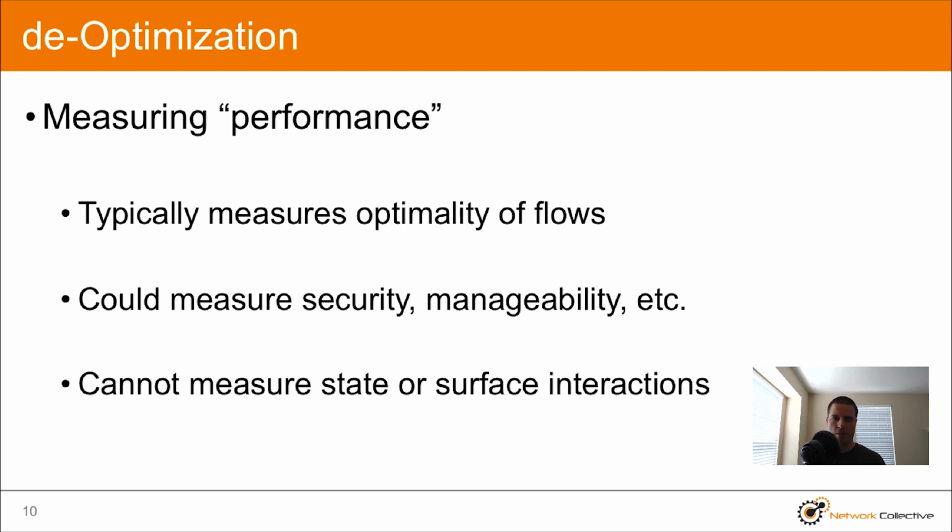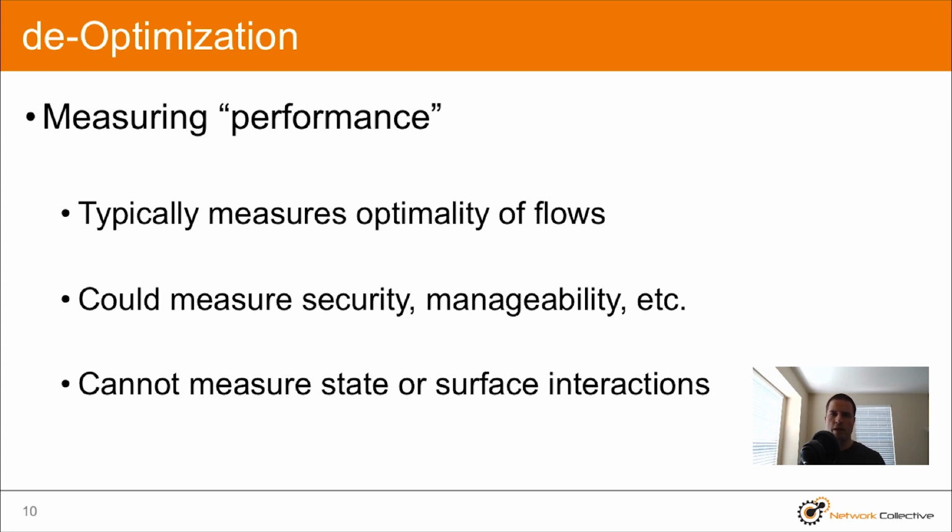When we talk about this piece of the model, we're trying to measure the performance of the system. Now, I realize that word performance is very vague and it's going to be kind of an it depends answer. Within the context of networks, we're typically measuring the optimality of flows across the network. So I think Russ often calls it state versus stretch, on how far off the shortest path are we taking traffic, maybe as a result of aggregation, maybe as a result of traffic engineering, which means in the case of aggregation, maybe it was undesirable, but in the case of traffic engineering, maybe it was desirable. So we're really just trying to measure the performance here without really paying too much attention to the other two. So we're very focused on that.